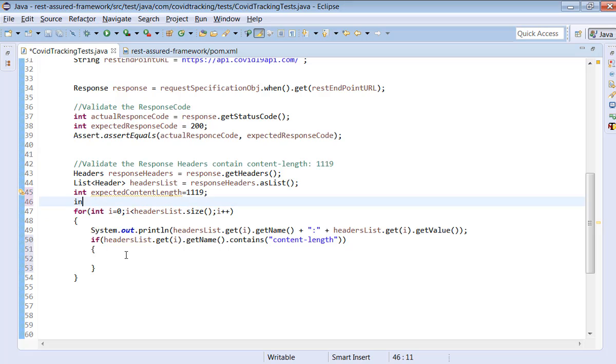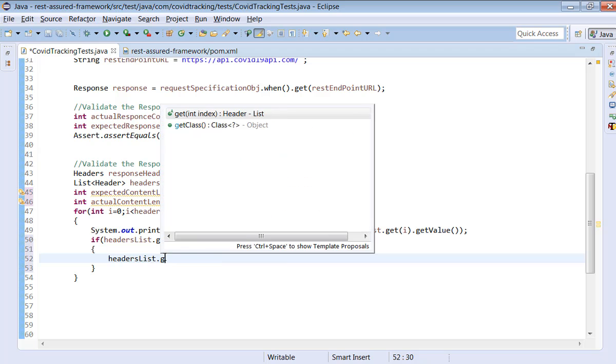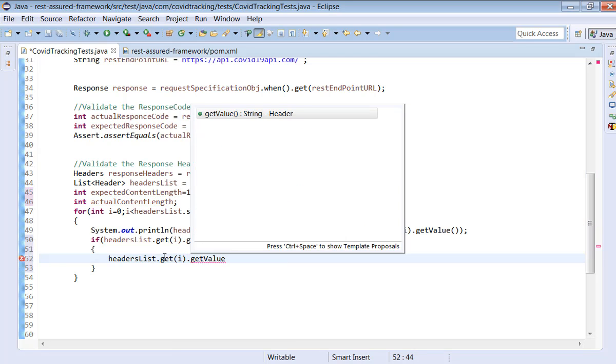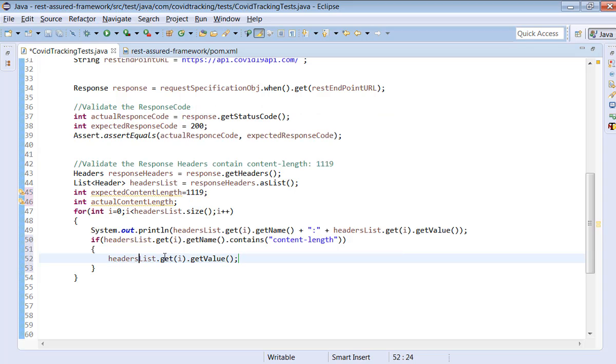So we'll try to do one thing. We'll try to say int actual content length. We have to retrieve this, right? Let's retrieve this. This one we store it here.